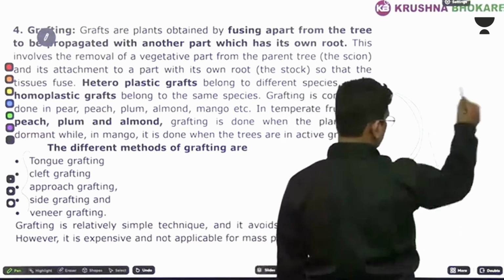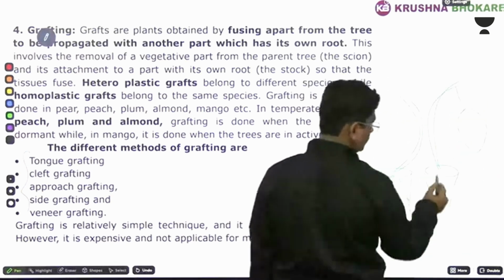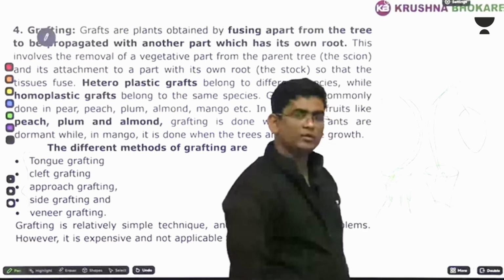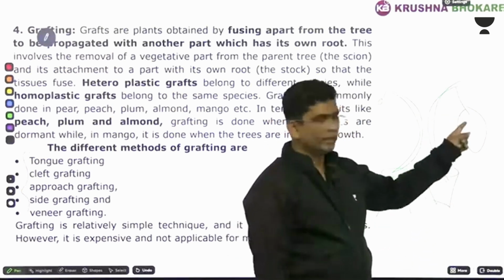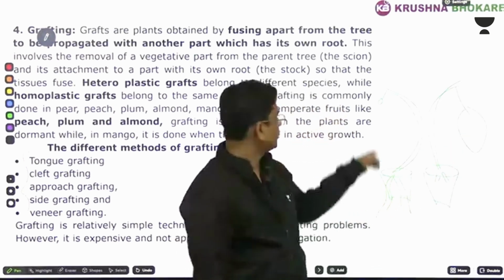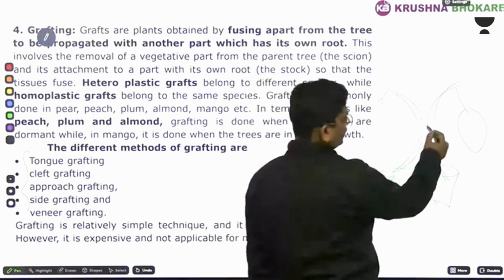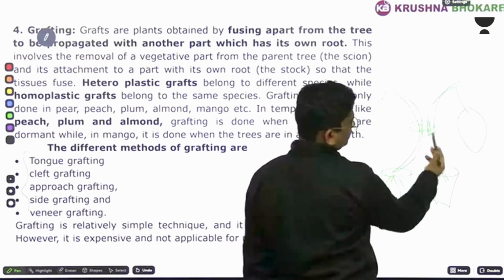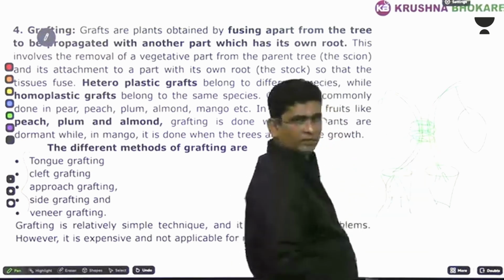This is another plant of mango. It has very good mangoes, but the root system is very weak. So what will happen in future? This plant may collapse, but it has very good mangoes. This has a very strong root system, but mangoes are not good. So what will we do? We will remove the bark only at this side, okay, and approach यहाँ पे grafting कर देंगे हम.